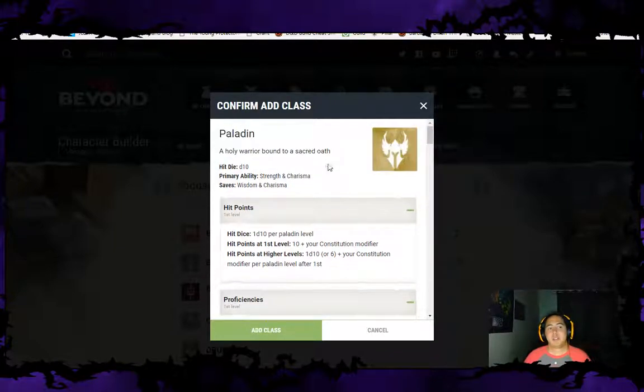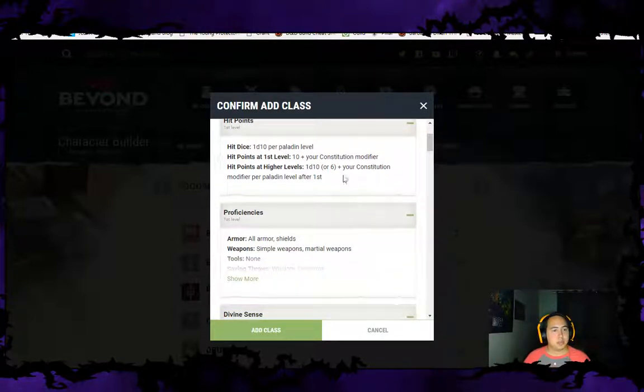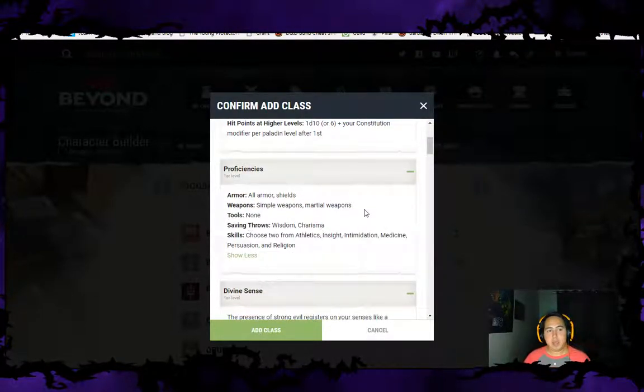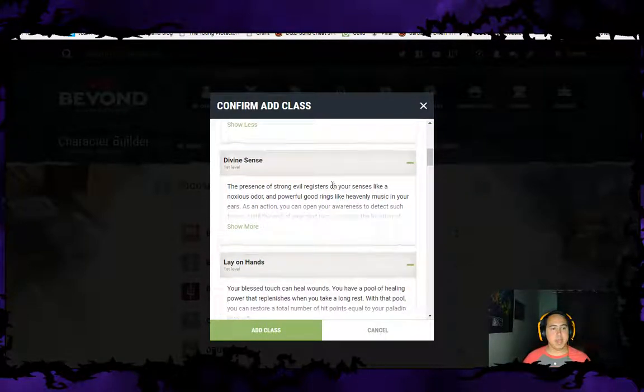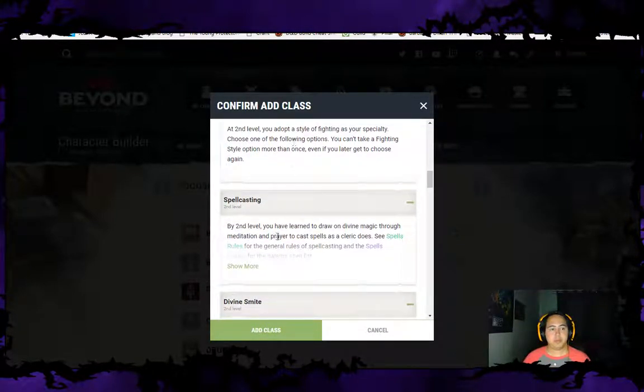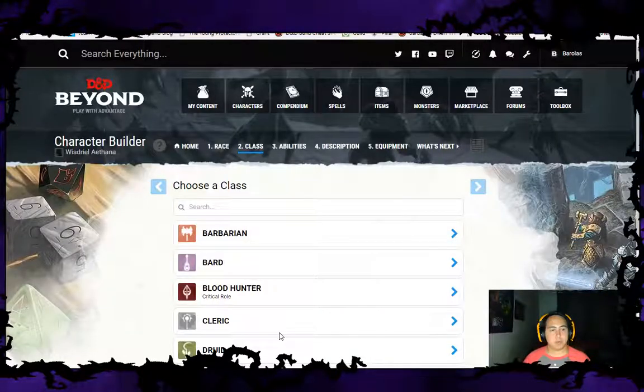So your character class can also give you some strengths based off of what you're good at. As a paladin, we're also going to be proficient with a bunch of weapons and armor, because you got to be plated up and hard to hit. And then we'll also get to select 2 skills from Athletics, Insight, Intimidation, Medicine, Persuasion, and Religion. Since we already have Religion, if we select it again, it becomes a proficiency bonus where it's Expertise. You get way more to add. And then you can see what some of the core class abilities are for your selection. So we're going to go ahead and add this class